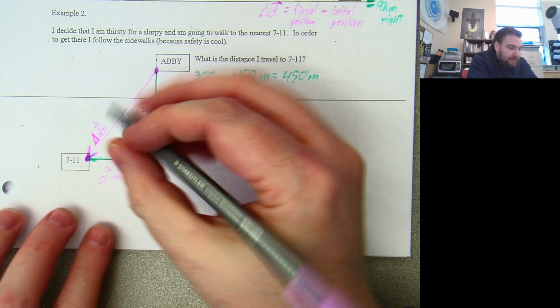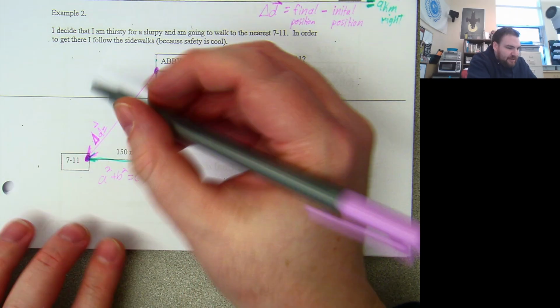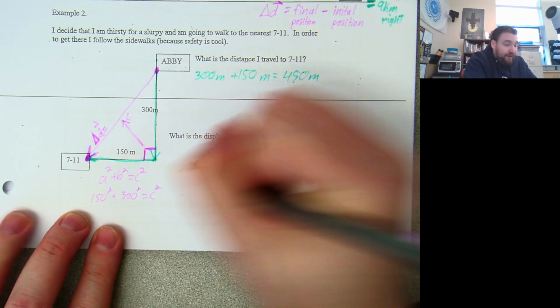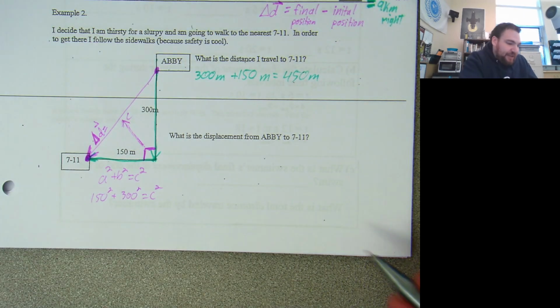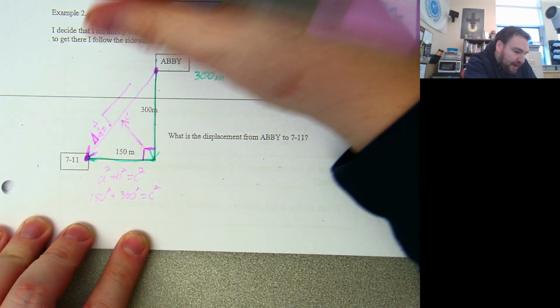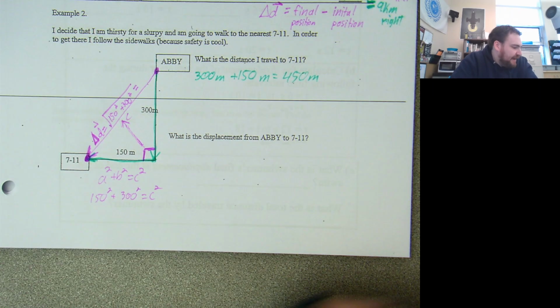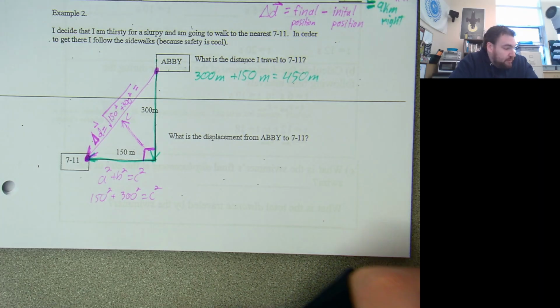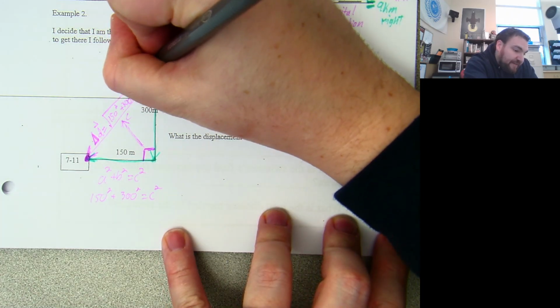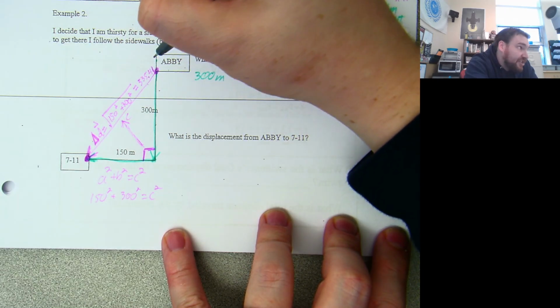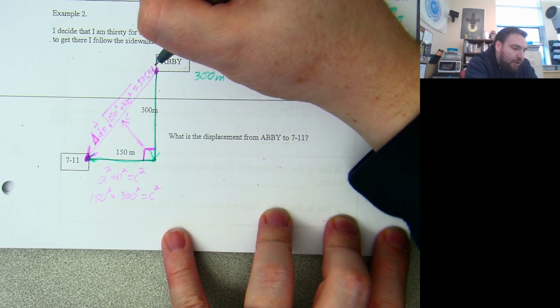To find that length, we plug in the other two sides, it doesn't matter which are A and B. So 150 squared plus 300 squared is going to equal C squared. Your displacement is then just going to equal the square root of 150 squared plus 300 squared. What is that value? 112,500, and take the square root. 335 point what? Are you rounding it off there, or does it actually end at 4.1? Okay, cool. That works for me.